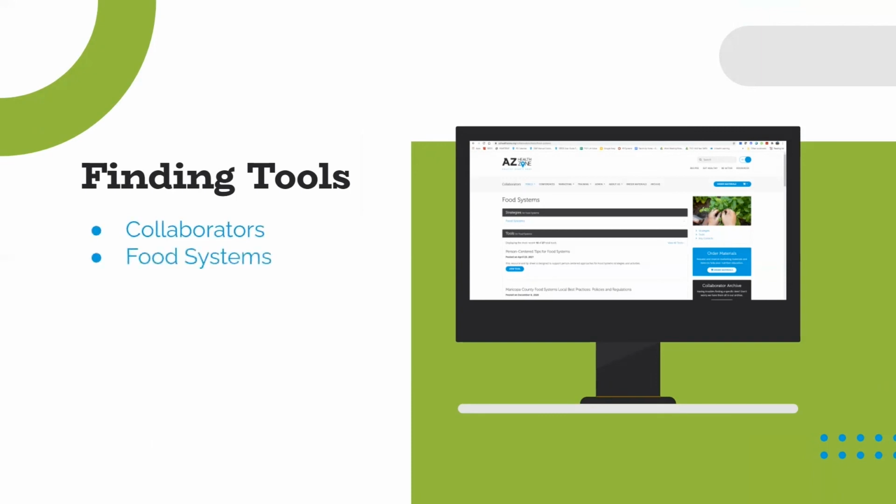You'll see a drop-down menu that you can click to view the short descriptions of each activity. Below that, you'll see the Tools section. Click View All Tools, and then you'll be able to use the search function. Tools are tagged by activity. So for example, you could type in food retail to find all tools related to that activity.